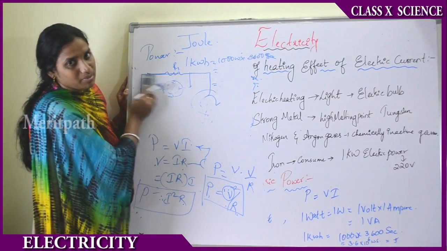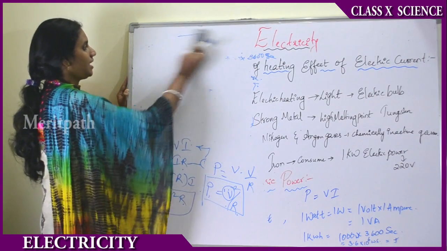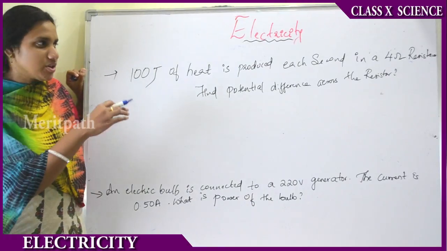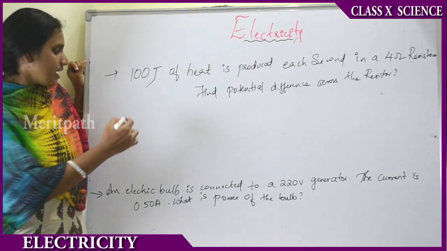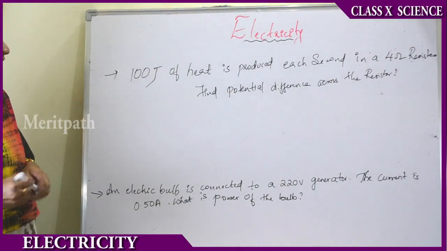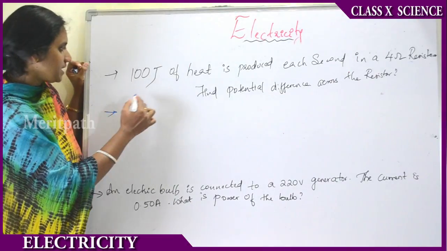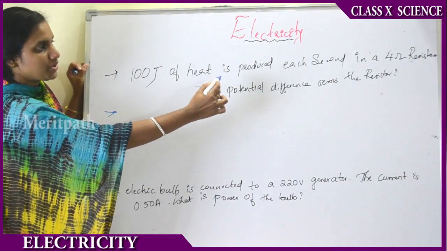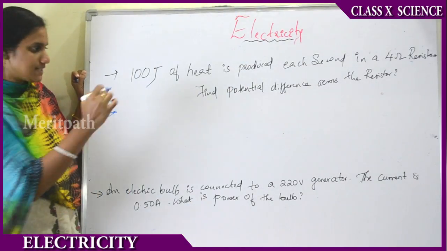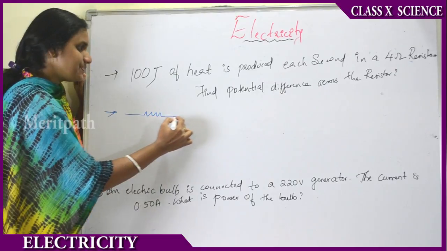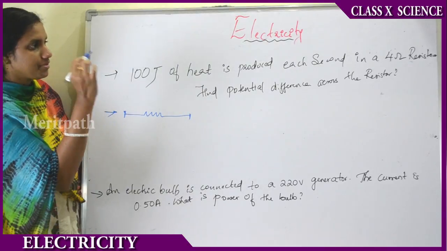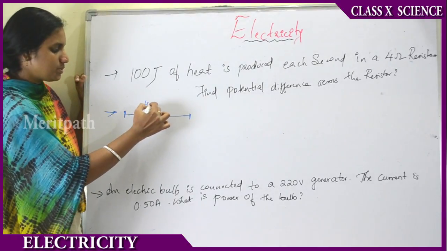Now we will be solving problems in order to understand the power dissipated in a circuit. Now let us solve two problems in order to understand the power and the amount of energy dissipated. Here the question is: 100 joules of heat is produced each second in a 4 ohm resistance. Find the potential difference across the resistor. That means there is a resistor. Assume this is a resistor, and the resistance offered by the resistor is 4 ohms, it is given,